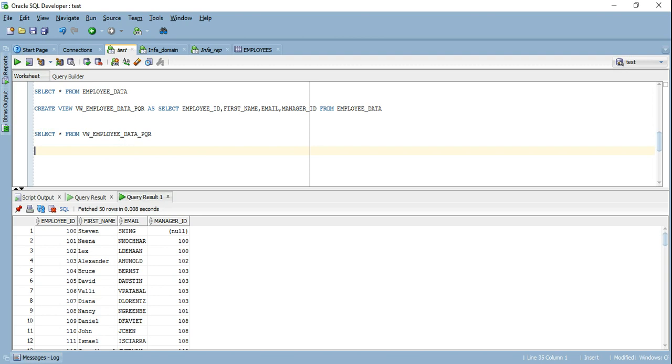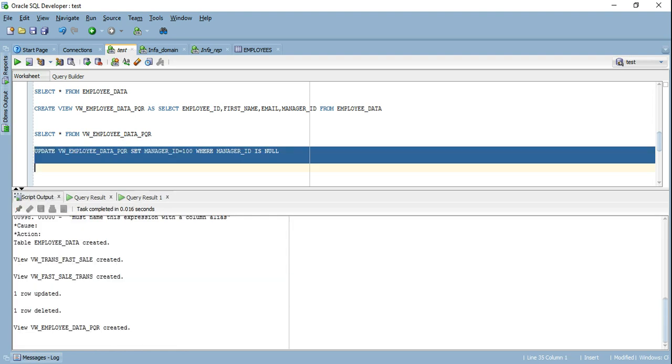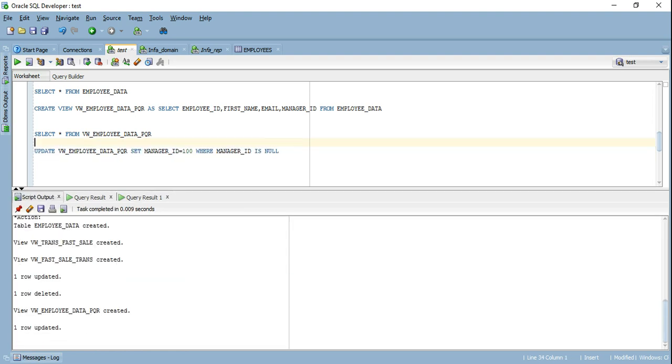So what I'll do here is I'll try to update this view. I see that a manager ID is null, so I'll set the manager ID equal to 100, where the manager ID is null. Let's see if it's successful. It is successful. It did update that row.